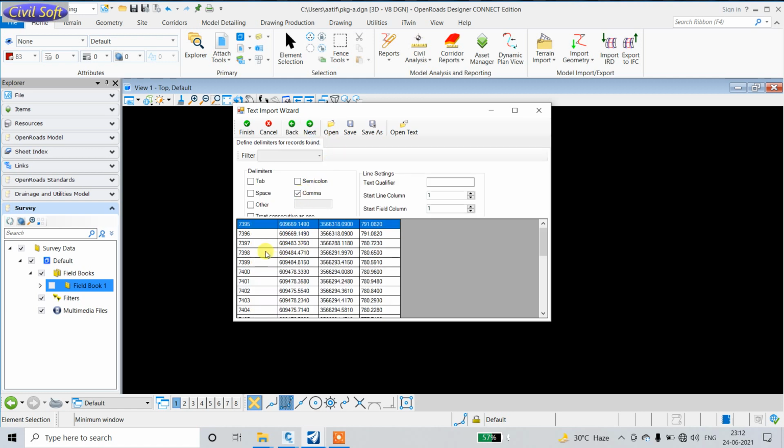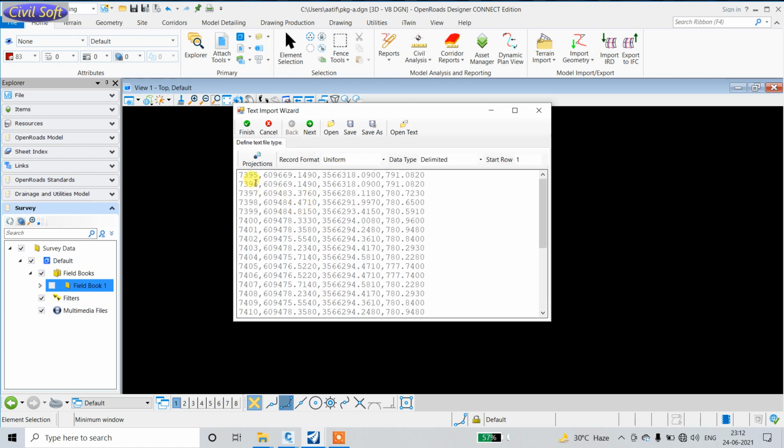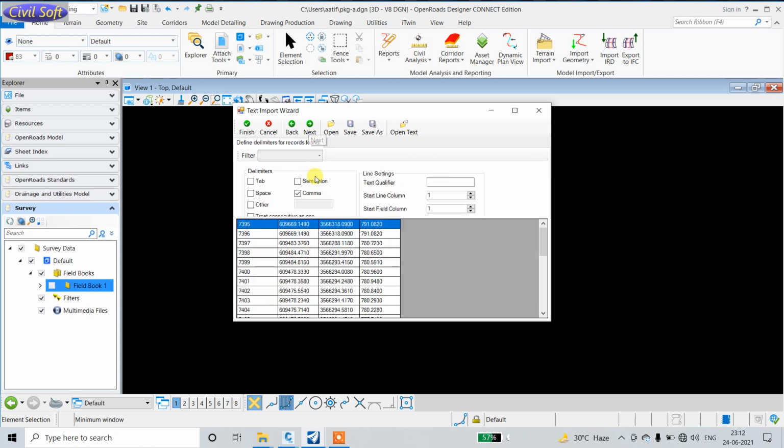Select comma. See, all are separated by comma, so I select comma here. If it's separated by tab or a space, then I would use those, but it's separated by comma, so I use comma. After that, click on next.